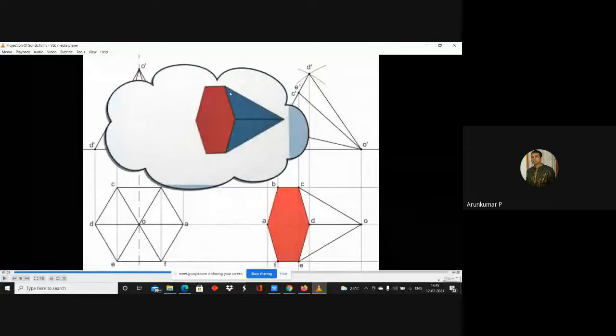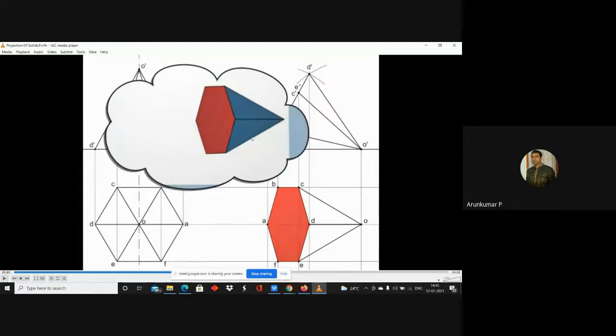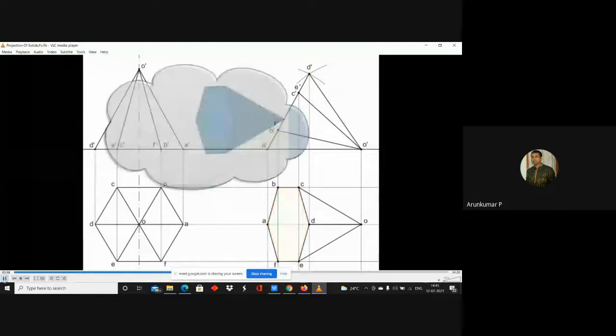So in the top view, you can see the base very clearly. Along with the base, you will see 2 triangular faces. Which are they? OCD and ODE. So in the top view, in the second step, you are seeing the base hexagon and 2 triangular faces. That is what you have drawn here. So this is your second step, top view.